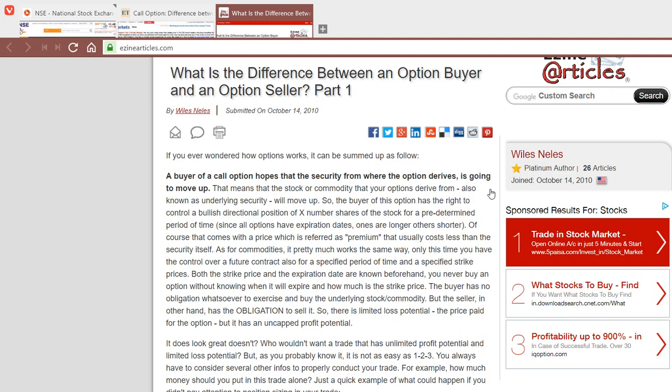like an election or anything, and if you are expecting a big movement on either side, then option sellers usually lose money. So at that time you have to become an option buyer, because the markets can go in any direction, and when you're not sure, you can buy a combination of call and put, and you have a probability of making more money. Whereas an option seller loses more money in this scenario.